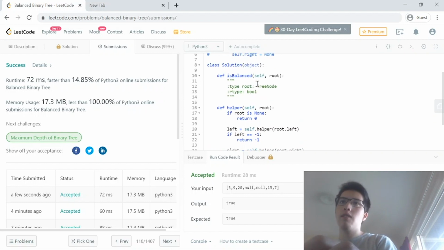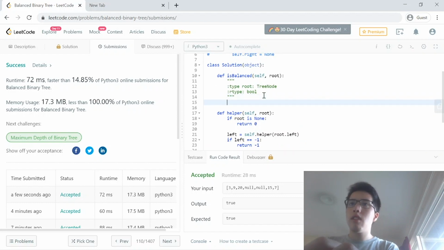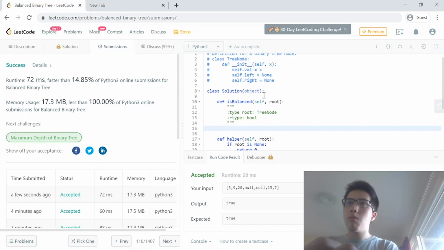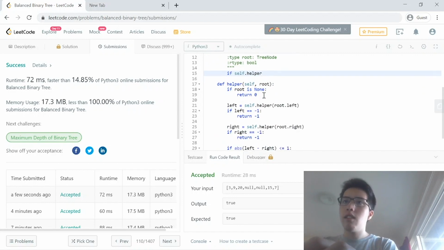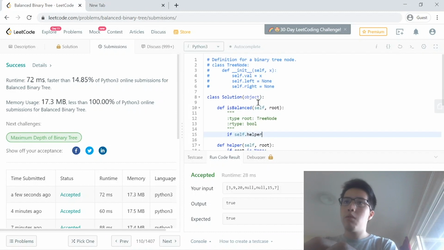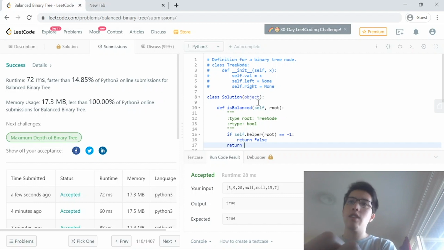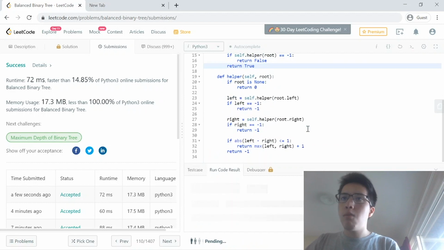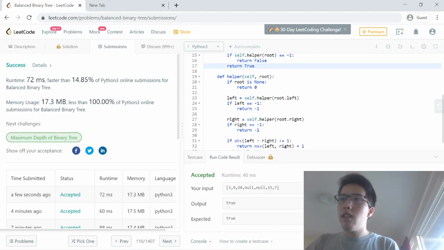And now all I have to do is properly write the isBalanced function. So here, all I'm going to do is check if it's -1. If it's -1, then it means somewhere it wasn't balanced. So I'm going to do if self.helper, passing in root, returns -1, I just return false, otherwise it returns a proper number. It's the height, actually, so I just return true. Hopefully I haven't done anything too stupid, hopefully that works. Okay, that's working,